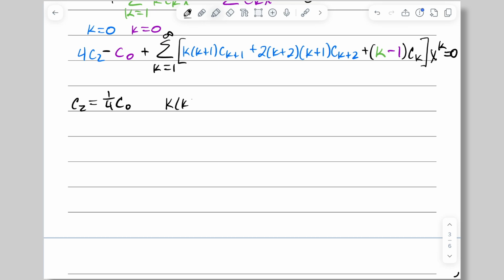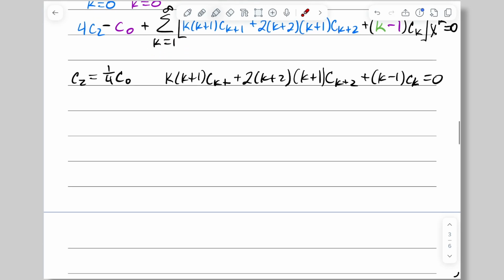So we've got k times (k plus 1) c sub (k plus 1) plus 2(k plus 2)(k plus 1) c sub (k plus 2) plus (k minus 1) c sub k equals 0. I'll write down in a moment that that has a starting value of k equals 1. At this point, what we do is we solve for the constant that has the largest subscript. That's going to look like c sub (k plus 2) is equal to